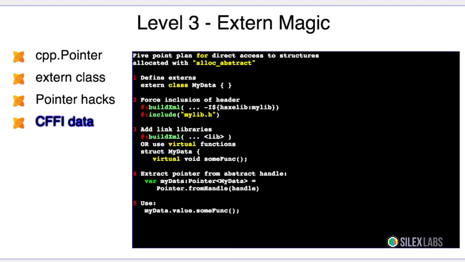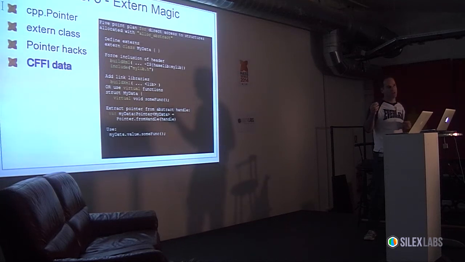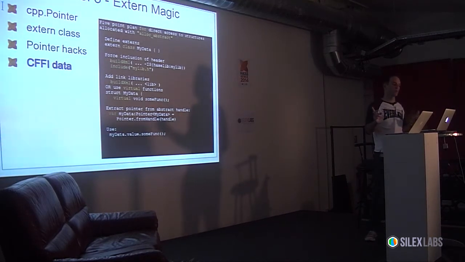So if you allocate data in the NDLL using the alloc abstract class, that actually ends up in a Haxe object attached with a little pointer hidden behind the scenes. What you can do now is get at that pointer directly. So the first thing you do is define an extern for the type of data that's pointed to. It doesn't, as I said, have to be an exact one. It really only needs to tell Haxe what the class has got. So it doesn't need to have all the variables in the correct order or the correct type or anything like